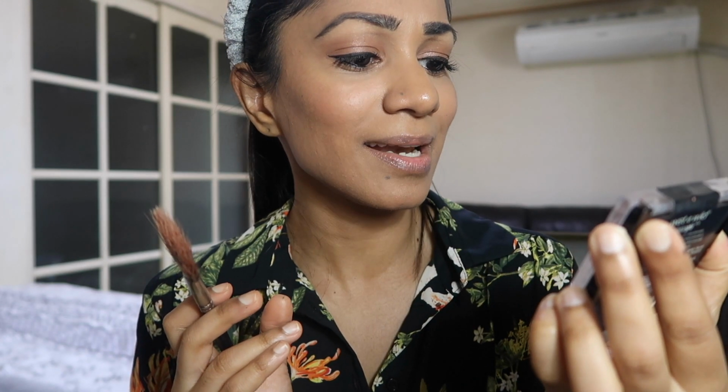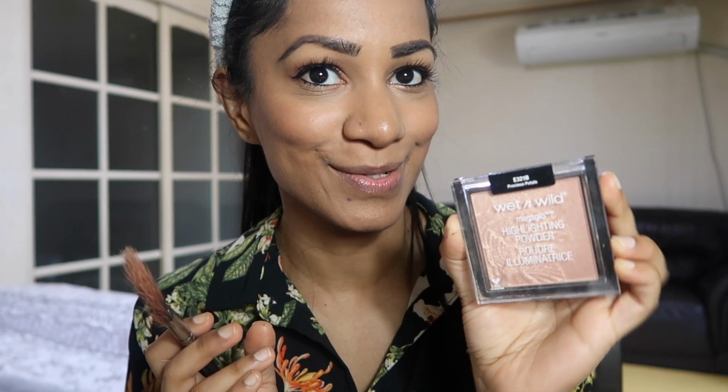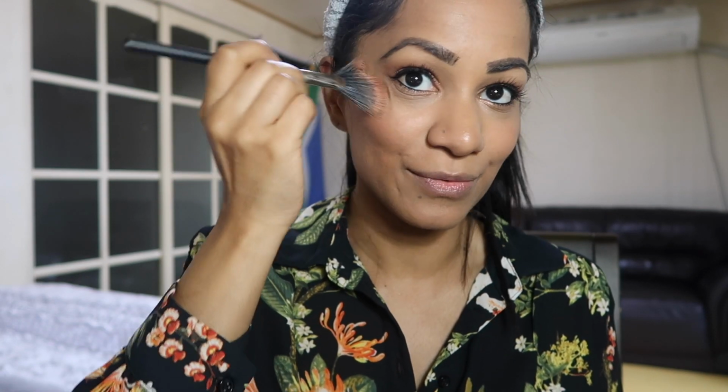I mean, it's too late for that. And then you want to take some highlighter. This is the Wet n Wild highlighting powder in the shade Precious Petals. Take this brush that looks like a Korean fan. Again, smile like everything is good in the world, and I don't know if I'm doing this right, but